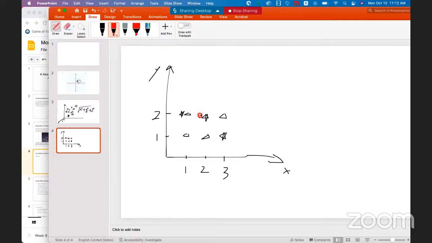k equals 3. K equals 3. Okay, whatever k equals 3. Okay. K equals 3. Then this one should be, and then